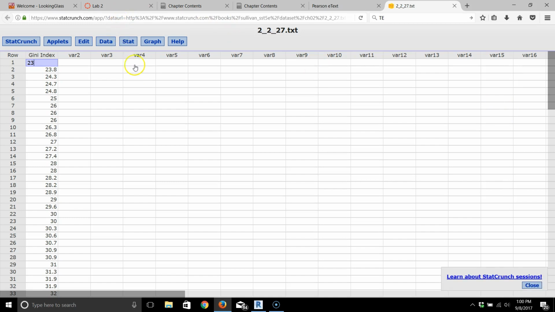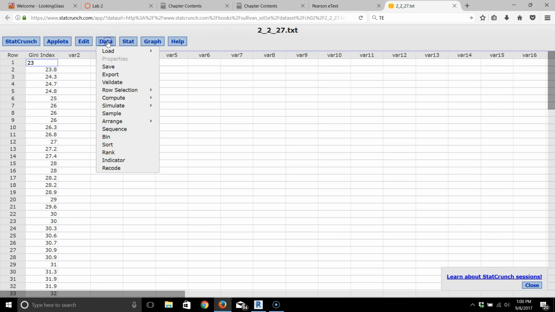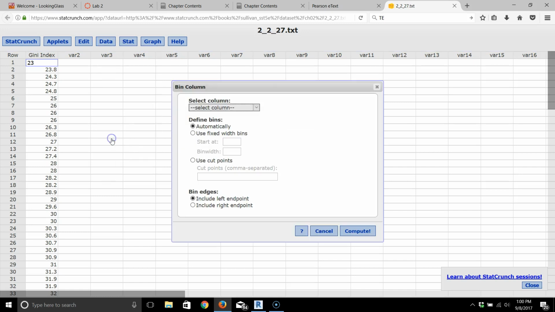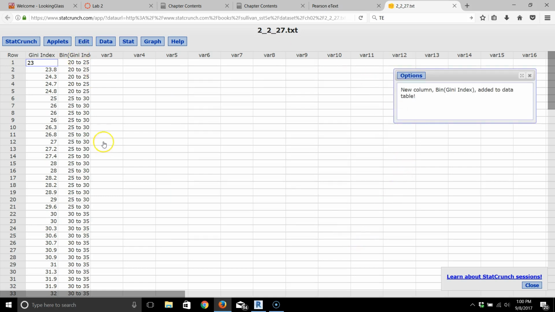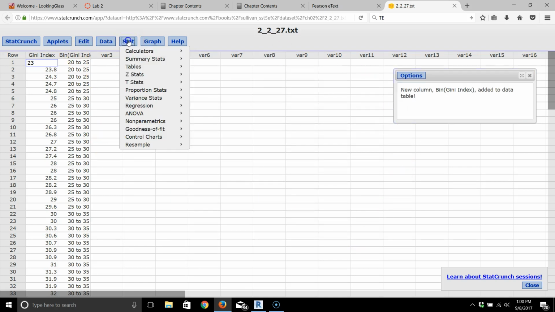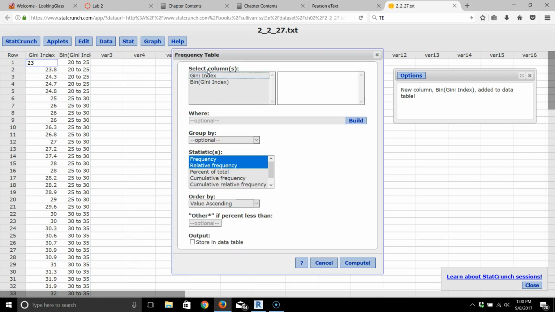And the first thing we want to do is create frequency distributions. We'll need to bin the data first. So we'll use the raw data, use fixed bin widths, starting at 20, and bin width of 5, include left endpoints. Compute. So here are the bins, and then we will want to do Stat, Tables, Frequency, and get the frequency